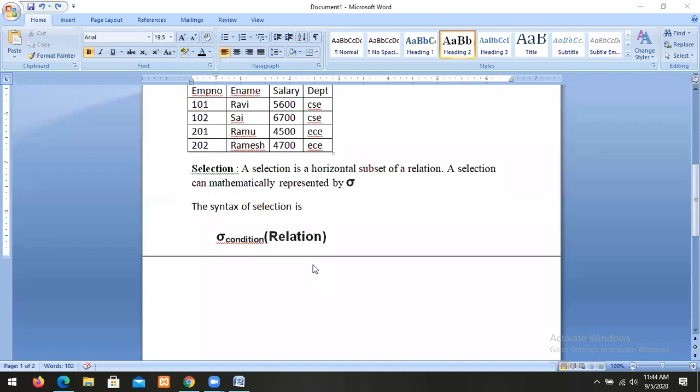The table name is the relation. This is the syntax. For example,